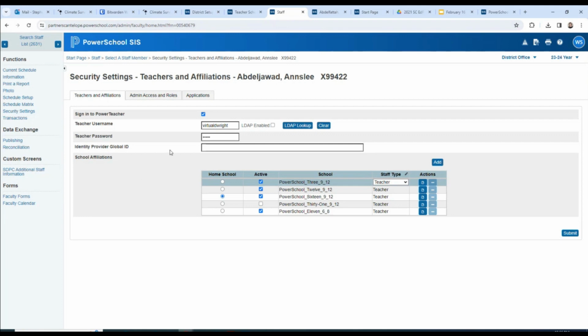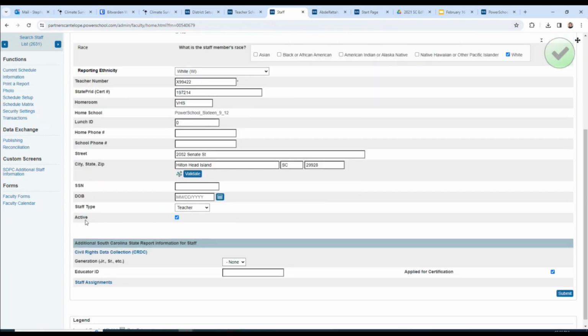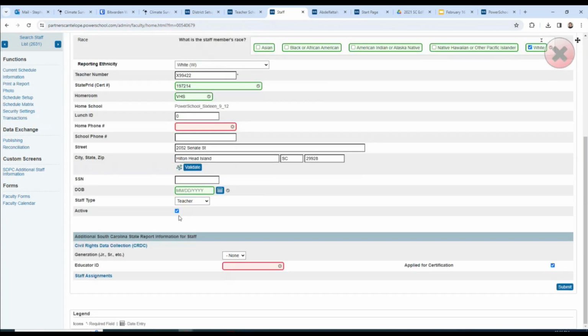And so it's anybody who has those three things filled out, access to Teacher Portal, but also who has, let's go to their information page, active status. So they have to be active, they have to have active status checked, and they have to have access to Teacher Portal. So it's not going to be every teacher ever who ever walked through the doors of the district or the school. Okay, those are the people who are included.